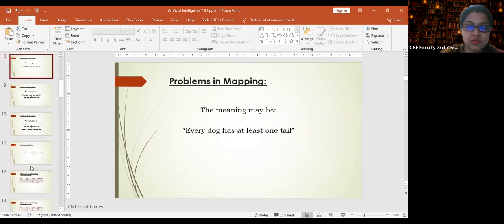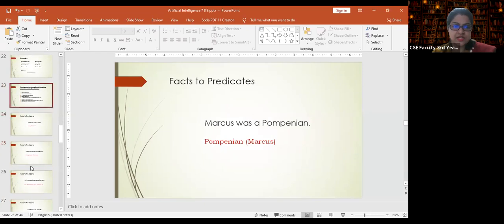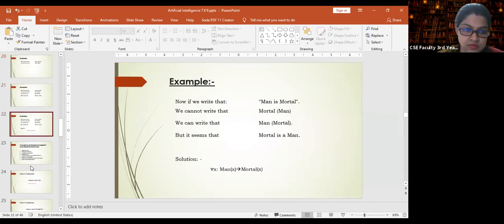So your homework is to find a few sets of facts like this. Any facts you can take as an example from earlier year question papers and try to solve them. Okay, so what kind of questions may come? First, to convert the predicate from the given facts. This is number one. Second, prove some other fact from the given facts. Third, try to convert from predicate to clause by using 5 laws. So the 5 laws you have to show, and similar questions can come. So this is how you can solve this part.